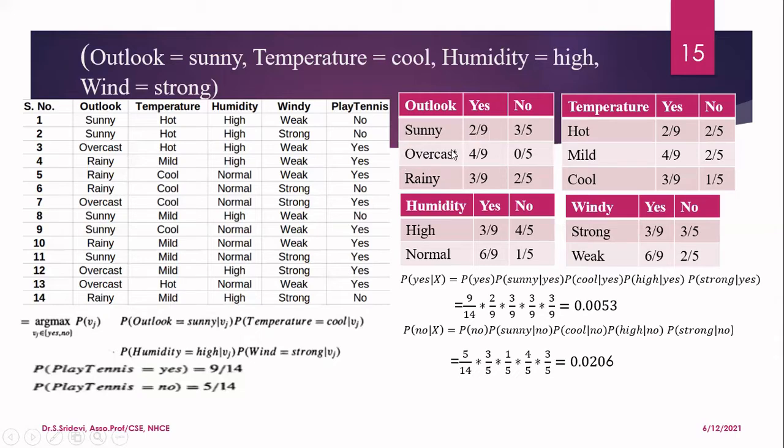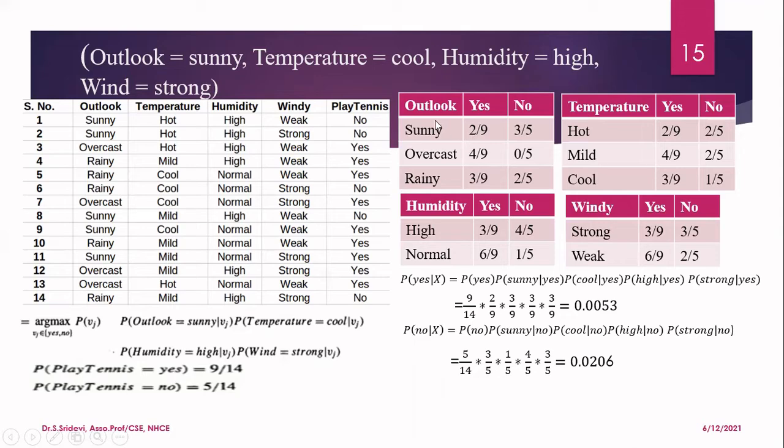Now let us consider the overcast. So in overcast, how many times is it yes? If you see, in instance number 3, it is yes. Instance number 7, it is yes. Instance number 12, yes. Instance number 13 also, it is yes. So in overcast, yes is appearing 4 times. So numerator is 4. Now let us go to rainy. If you consider instance number 4, rainy is having yes. Instance number 5 also it is yes. Then in instance number 11 also it is yes. In other instances it is no. So rainy is yes in 3 different instances. So numerator is 3.